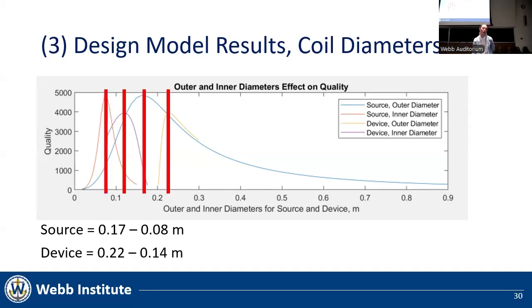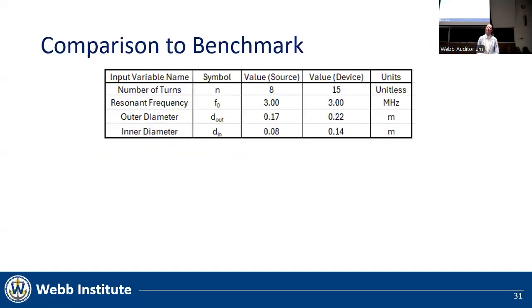These were selected to be most ideally 0.17 meters and 0.08 meters for the source coil, and 0.22 meters and 0.14 meters for the device coil. These results from the design model are tabulated here in the top table. These are all the values previously selected from the graphs I described earlier. These coil characteristics, firstly, fit within the 0.24 meter width of the AUV, but are also realistic for the buoy